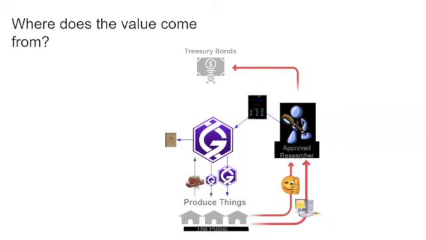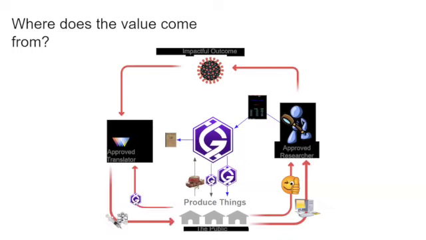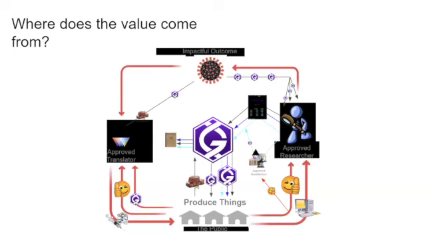So the approved researcher creates, not treasury bonds, they create impactful outcomes, like they model the spike protein in a set of banks that goes to an approved translator, who then creates a vaccine, which the public then buys. So they're buying the outcome of the system with the money they earned by starting the system in the first place. But you can always trace that root value back to a hard commodity, something that is truly valuable, electrical energy, versus someone putting ones and zeros in a computer. It's not debt.